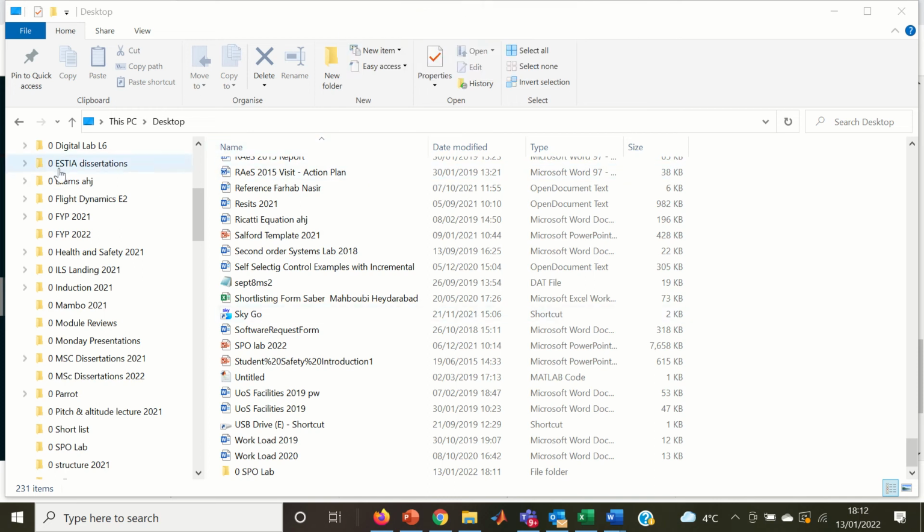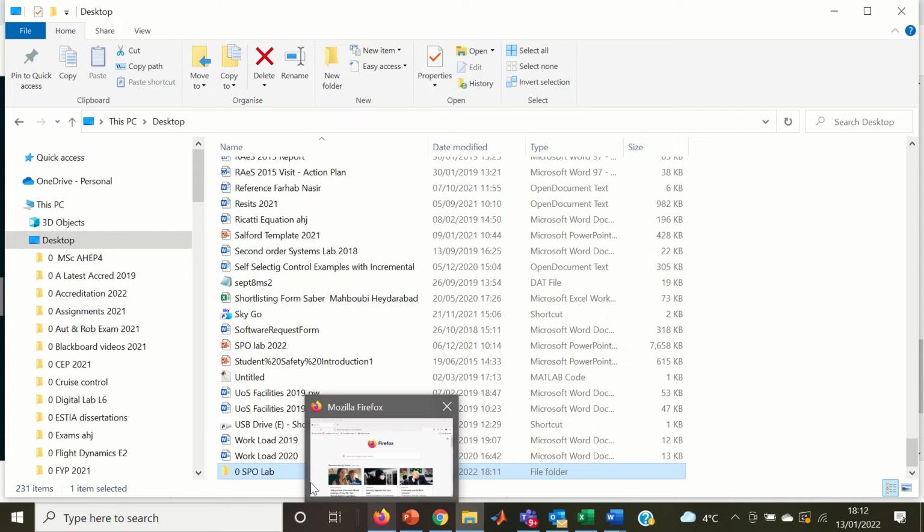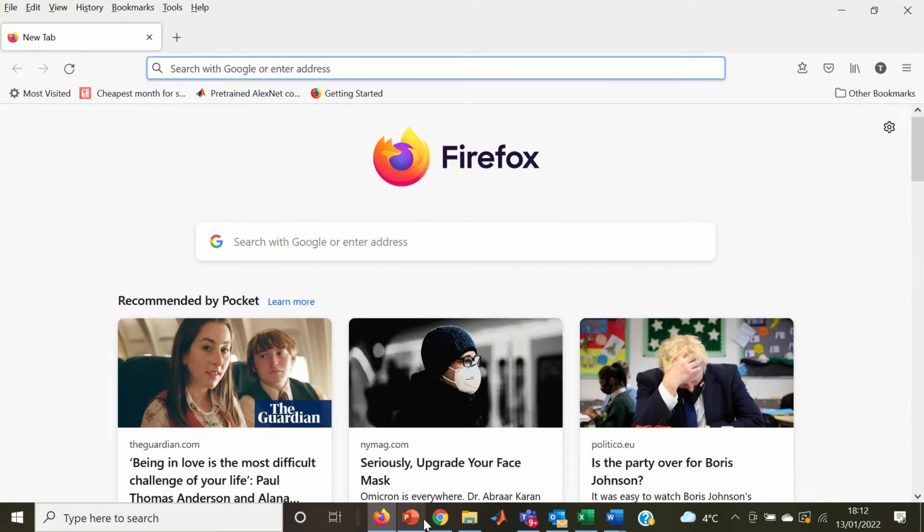Okay, so the first thing I've done is I've gone into my desktop and I've made myself a little folder which I've called 0 SPO folder there. So I can stick my MATLAB files eventually into there so as to know where they are. So once you've made a little folder in there, go into